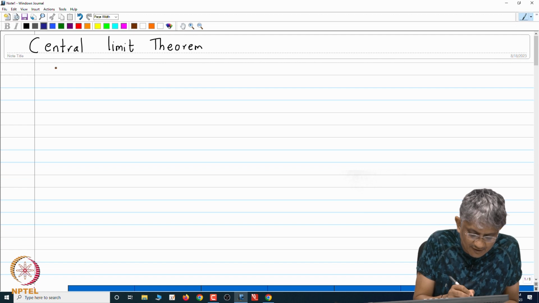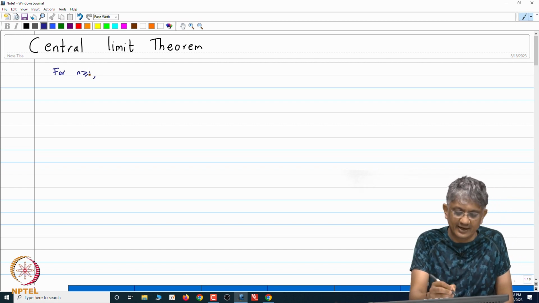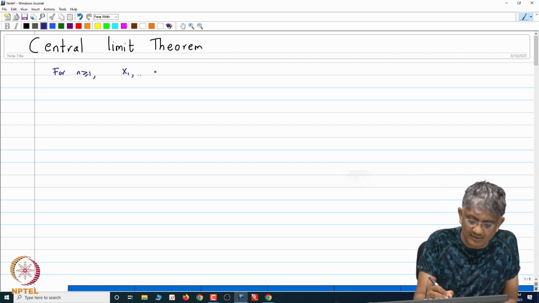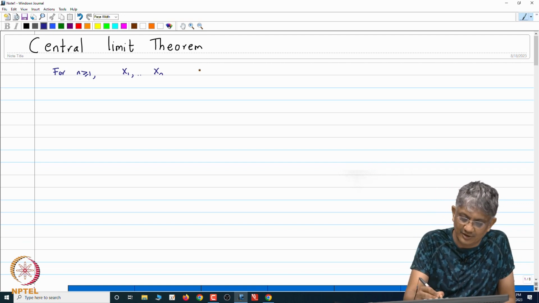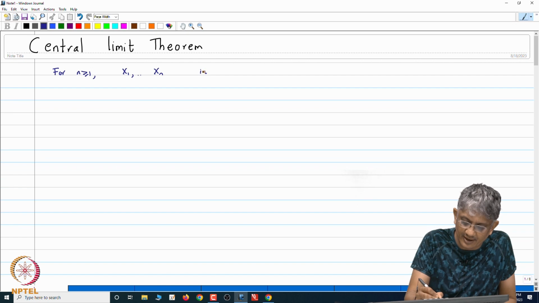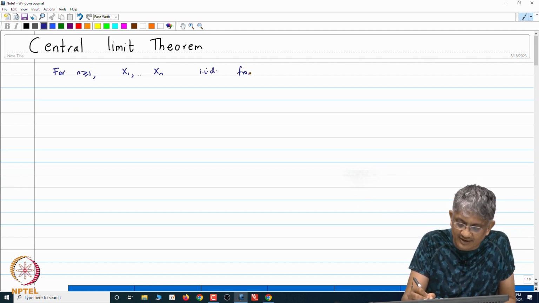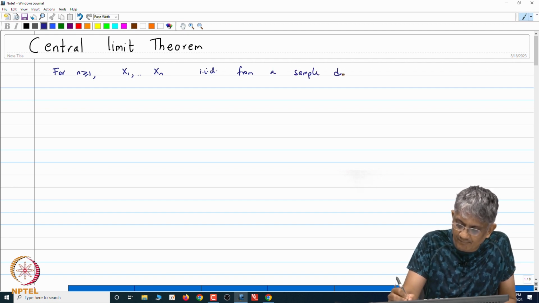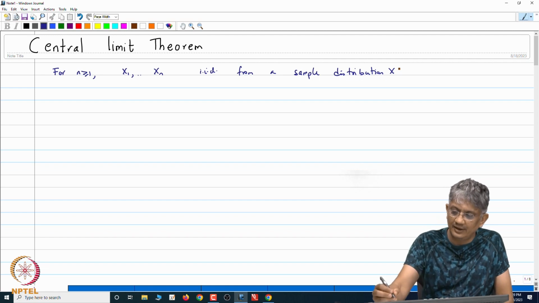Today's lecture will be on the central limit theorem. So, for n bigger than or equal to 1, let us say we have random variables x1, x2, ..., xn. Let us assume they are all from the same sample x. So, they are both independent and identically distributed from a distribution x. And let us assume x has two